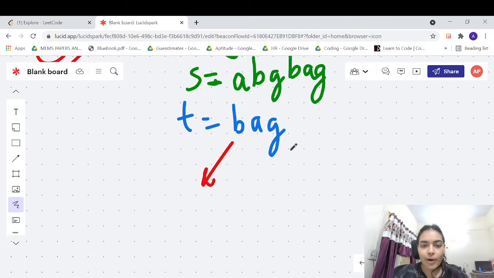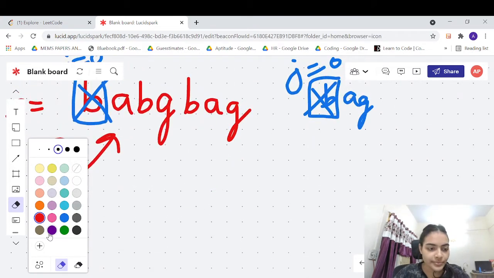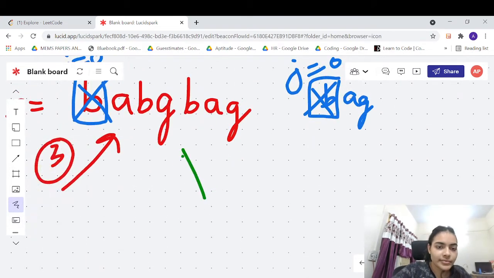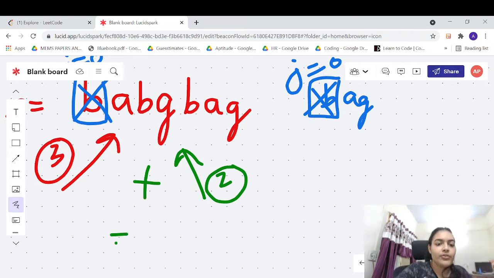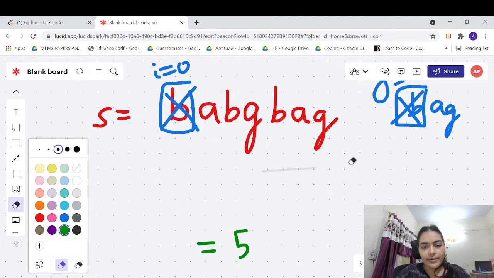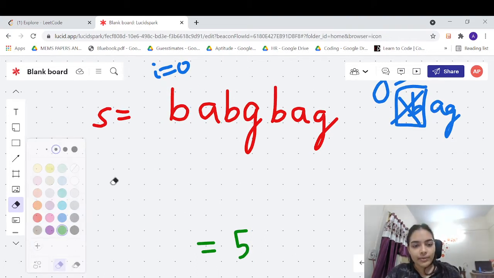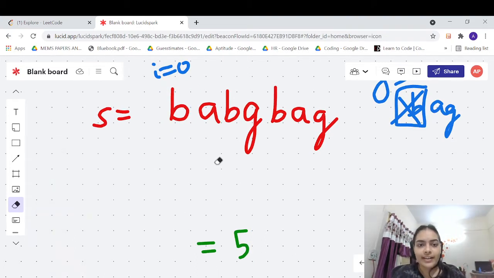You can keep on doing the calls again and again, and finally you will be left with 2 ways. So this side will return back 2. Okay, and then 3 plus 2 will be 5. Finally 5 will be your answer that you can return back to the main call.